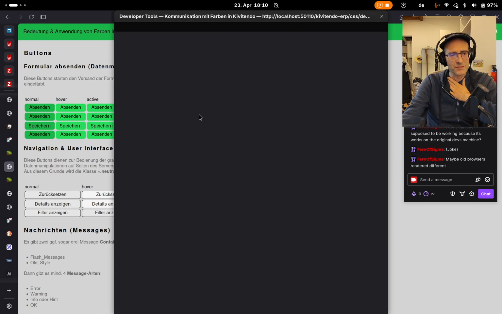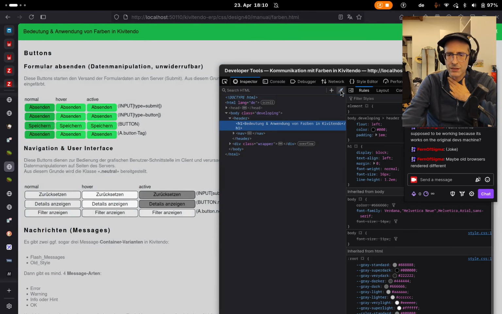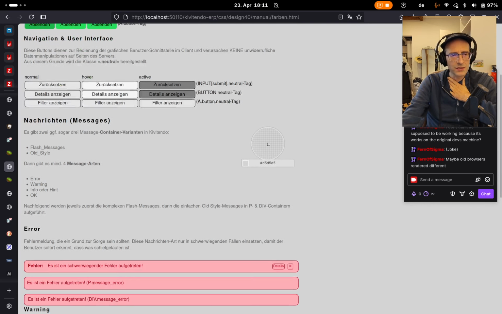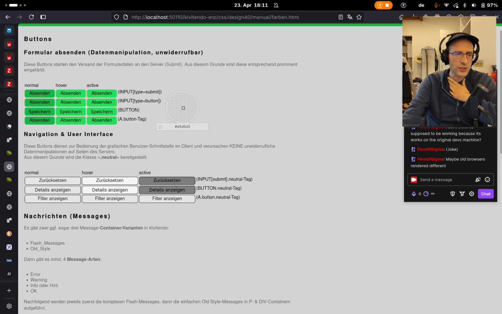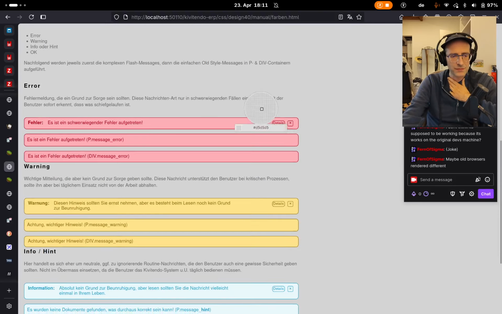I don't know. So 1BB649. Yeah, okay. It's this color, and then when you hover, it gets brighter. It looks darker here, but I guess it's an optical effect. So